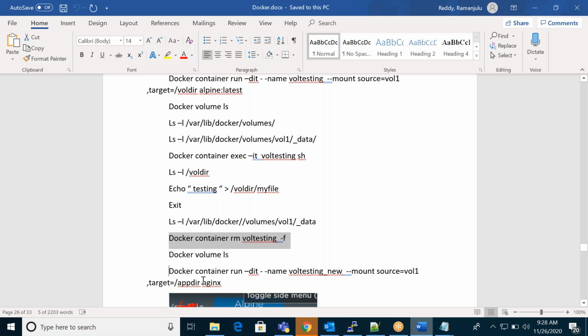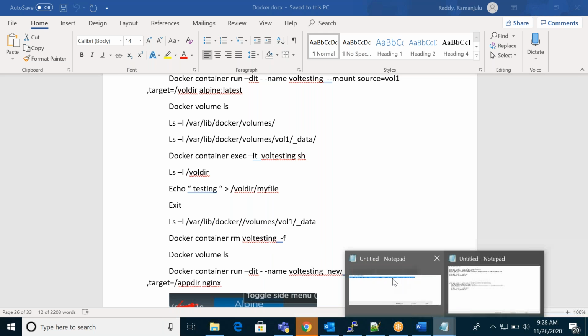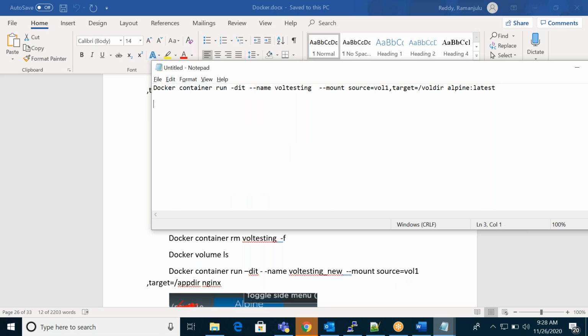So now what I will do? Again I'm going to create a new container and attach my existing volume. This is my new container, and I'm mounting the same volume.